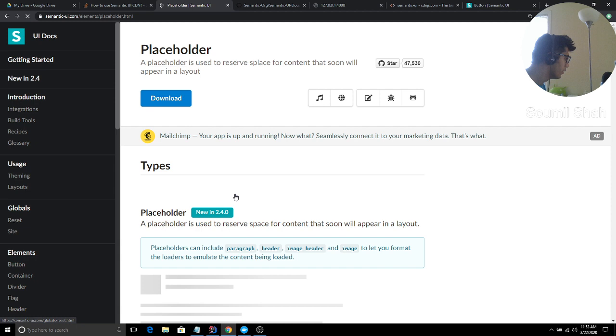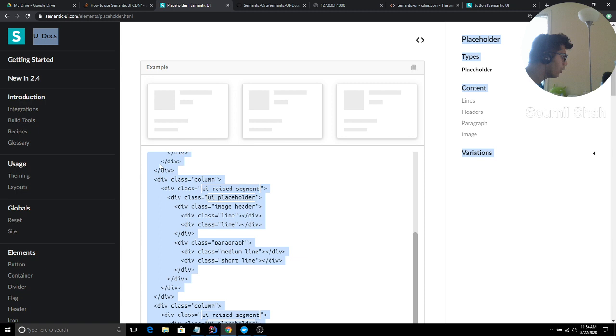So let's try to use this loading effect. Maybe this one. Okay, I'm going to clear all of that. Oops, I think I did not copy the right stuff. So copy. Check this out, guys. Whenever you're loading a website, it's going to give you a nice loading effect instead of that old loading button.